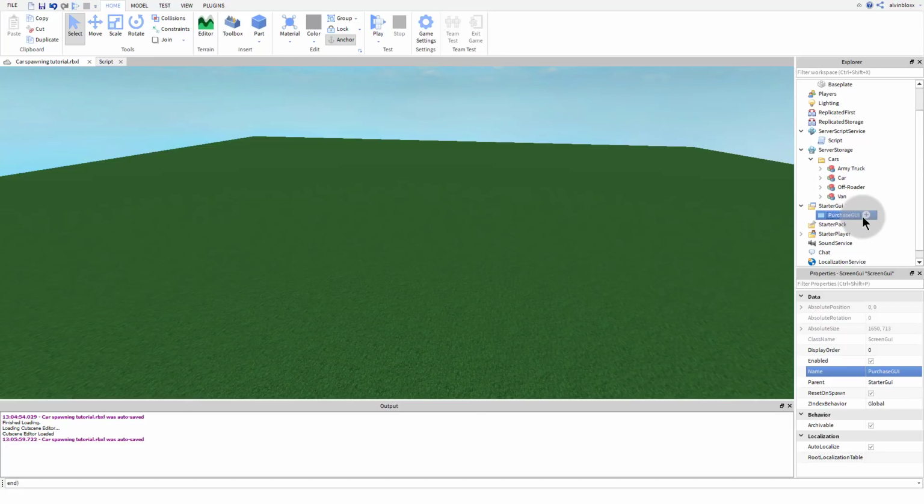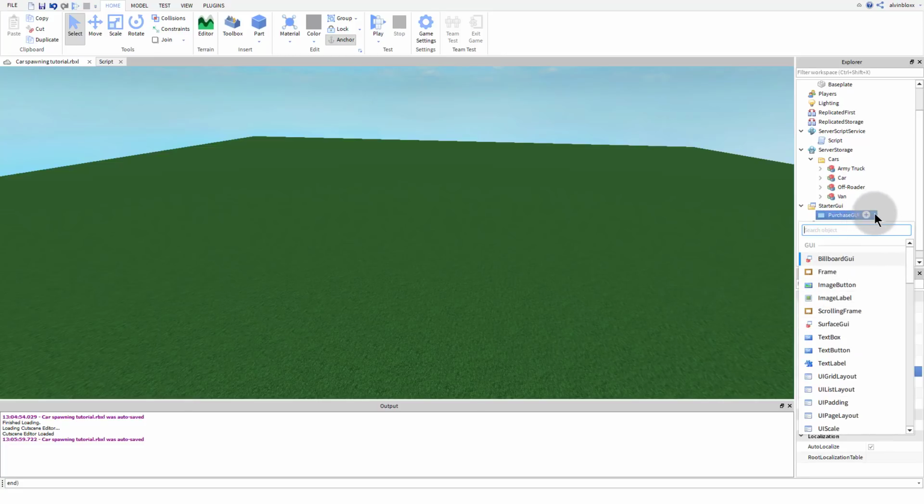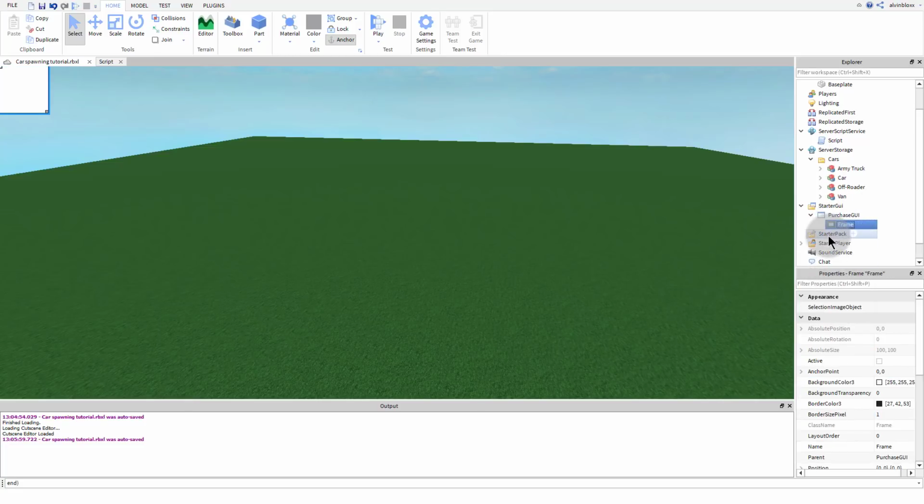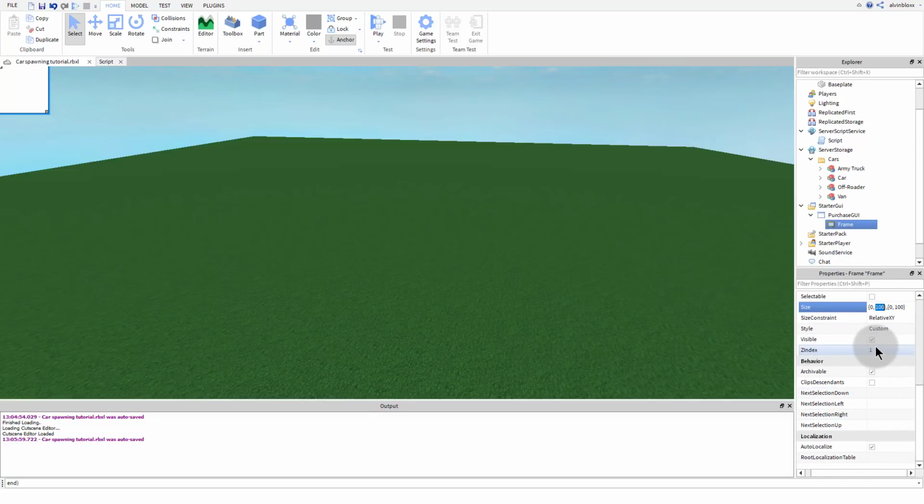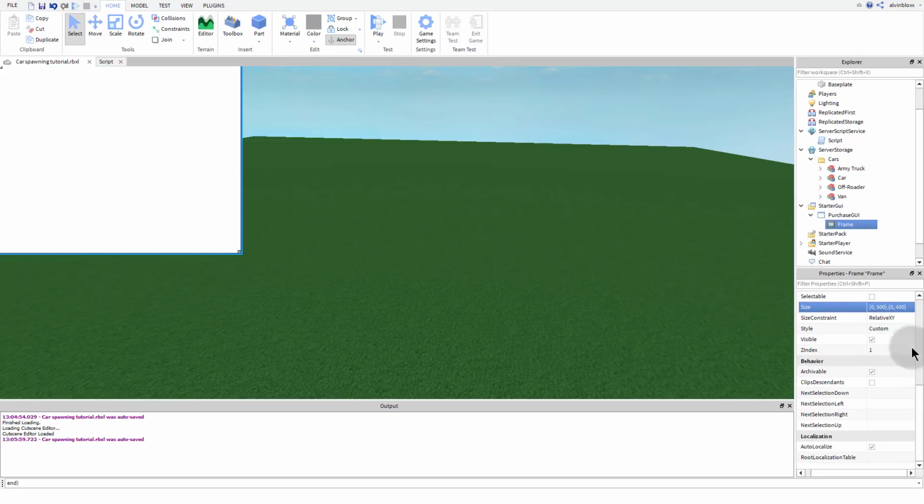Once you've done this, we're going to insert a frame, so we're going to click the plus and click frame, and then what we can do is change the size of it. If you want, I'm going to change mine to 500 by 400, and then I'm going to put it in the middle of the screen by changing the position